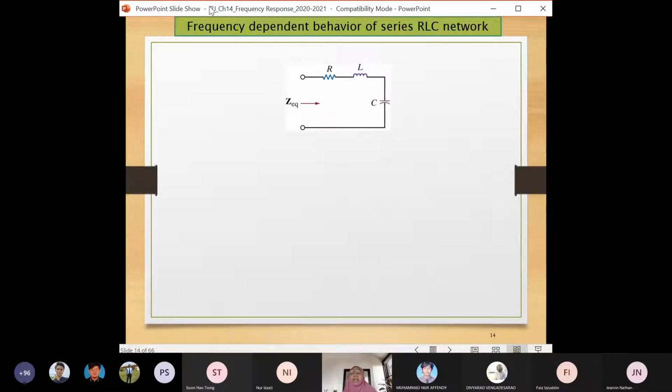They produce a slightly different behavior. And for a series, similar to what I have presented just now,